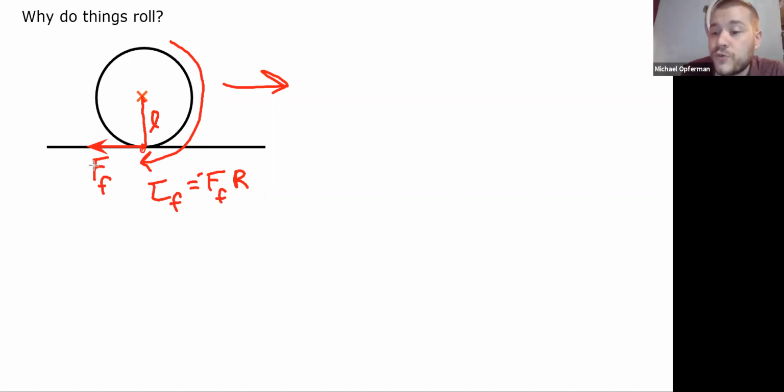That's why, like, if you try to, say, drive on a really slippery surface, your tires won't roll properly because you don't have enough friction with the ground. So if you're driving over a slippery surface, your wheels will start to slide instead of roll across the ground because you need that friction force to roll the wheels. So that's where the torque comes from to roll a